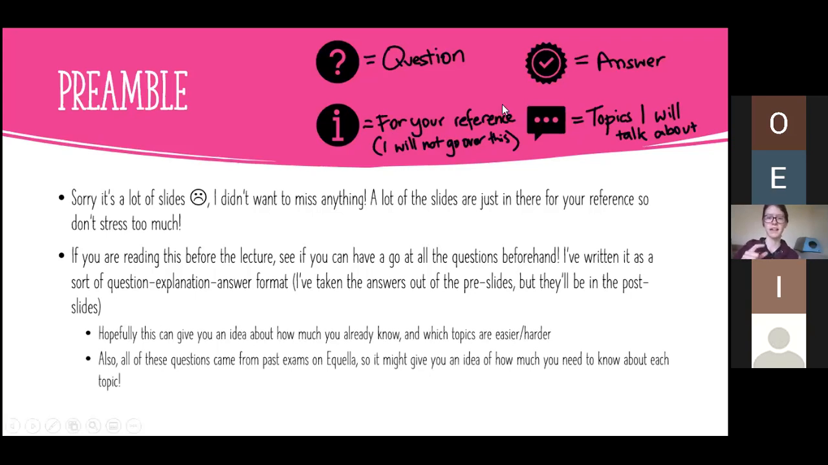Also, I've sort of done it as a question, explanation, answer sort of format. So you can do the questions as we go along. I hope you have enough time to answer them, but it might be a bit quick just because there's a lot to get through. And all of these things will be in the post slides that I'll upload after this as well. And also